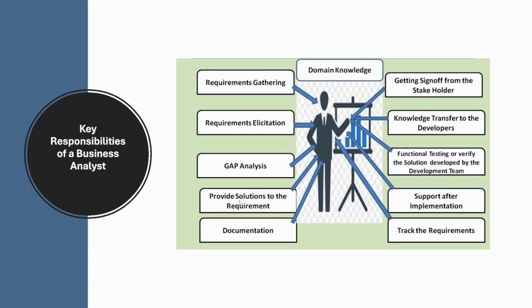Then, post the requirement gathering, elicitation, and gap analysis, the business analyst provides a detailed solution for the requirement. The business analyst has to write the whole user story for the requirement which has been gathered, and we call it an FRD document, where the business analyst mentions the scope, the user stories, and the user acceptance criteria. Post making the FRD document, business analysts get it signed off from the stakeholder. So, what does the sign off mean?